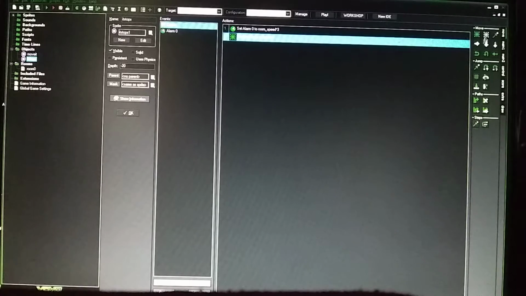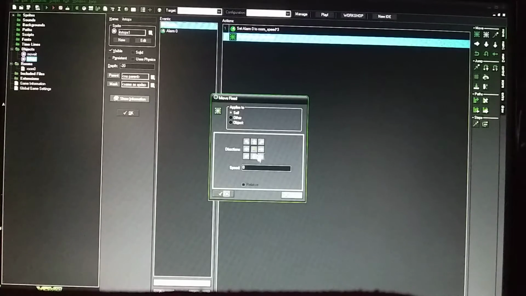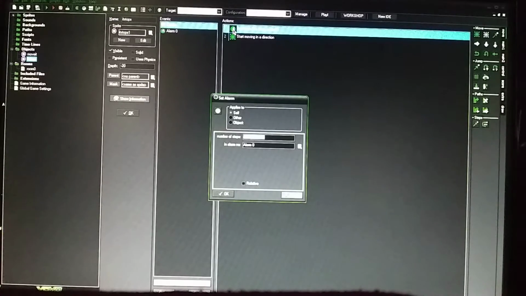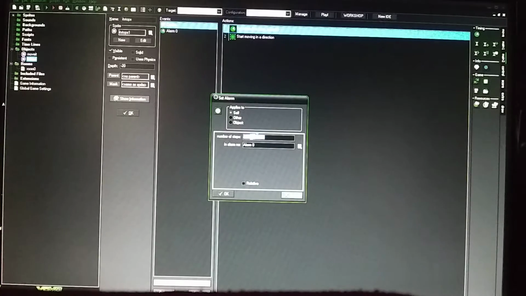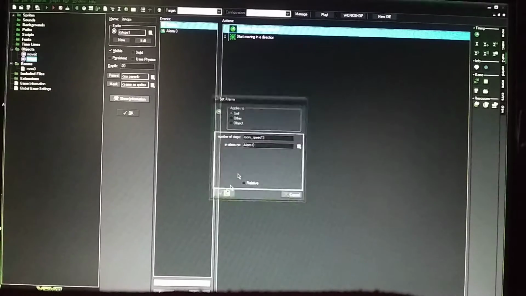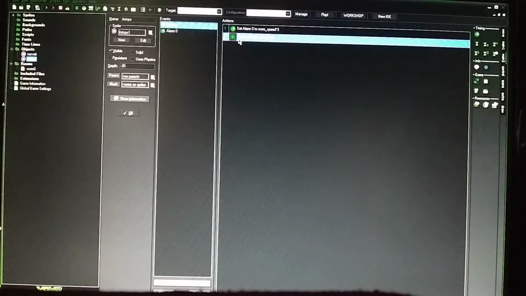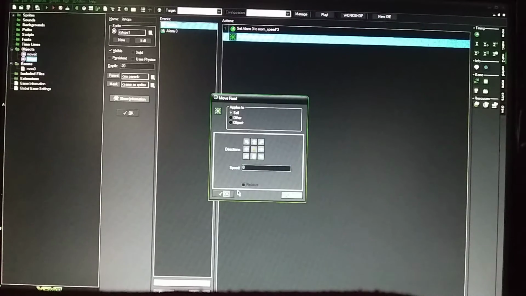Move fixed position at 0, directions in the middle. And then right here is alarm. Set alarm: go to the main 2 tab, drag over alarm. You want to say the number of steps, room_speed * 3. Then the alarm is set to 0. Choose alarm 0, and then you drag over, and the direction is 0 here, so he stops